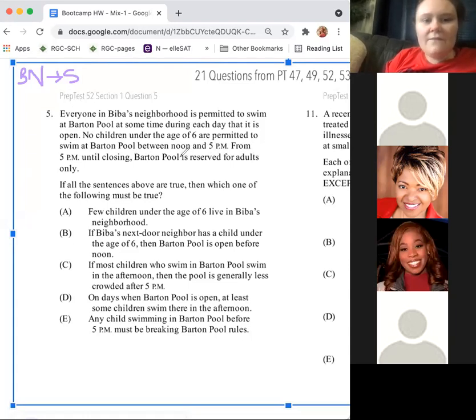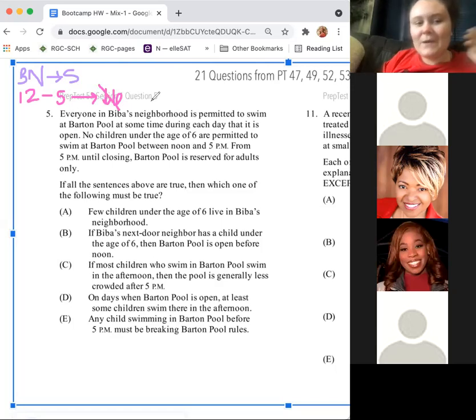All right, so if it is between noon and 5, and you're swimming, we could either write it as like not under 6, or how I would write this is that I'm 6 or older, because I like positive rules, because essentially this is saying the same thing. Do you follow that?